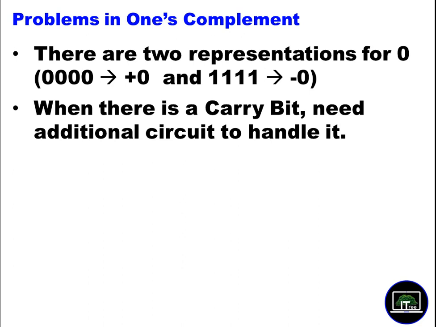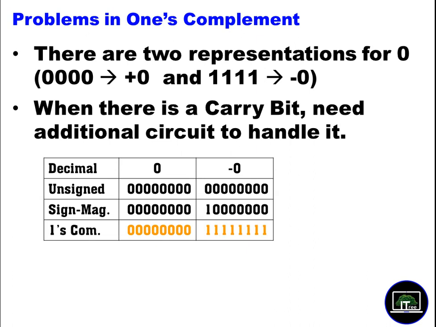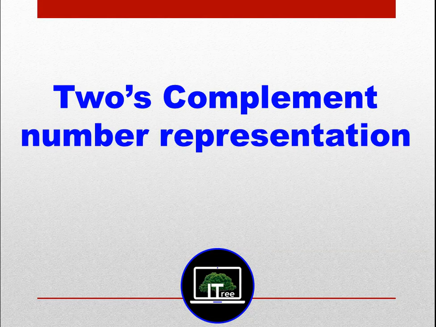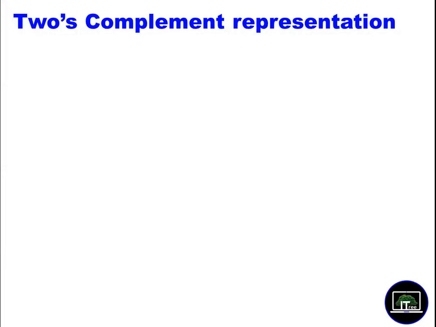So this makes the computer slower. You want to check the carry bit, and when there's a carry bit, you want to add it, so it makes things a little bit complex. So now you can see the 0. So these are the two problems basically with the 1's complement system. To overcome these problems, we introduce the 2's complement number representation. So 2's complement doesn't have these problems, and now all the computers use the 2's complement internally to make the calculation. That's why we want to learn about the 2's complement method.